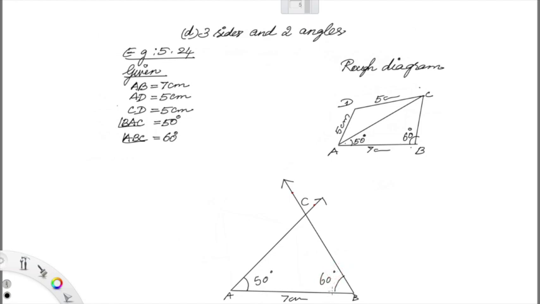Yes, now take out your compass. Take 5 centimeter. Place it at A. Cut an arc. Now, see, DC is also 5 centimeter. So, keep the same compass at C and cut the arc. The point of intersection of both arcs is D. Now, join them. Yes, write the measurement.